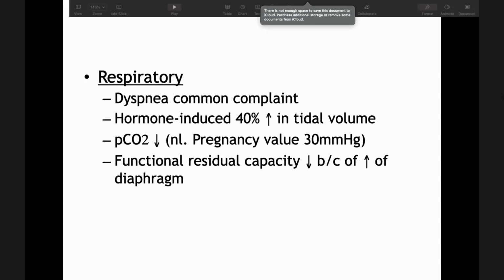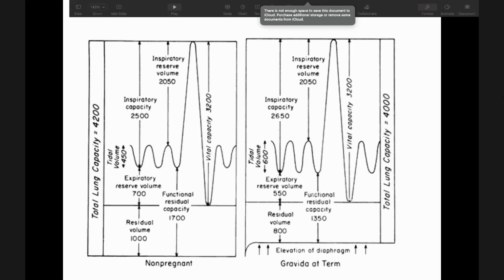Also, the functional residual capacity of the lungs will reduce when the diaphragm is pushed. When the baby is becoming big, the diaphragm will be pushed upwards. And this is a graphical representation. Now see, in this one, in the non-pregnant as well as the gravid woman's lung function test, residual volume will slightly